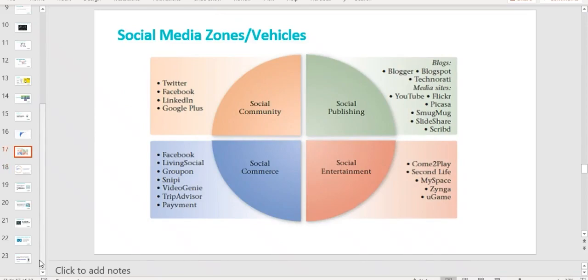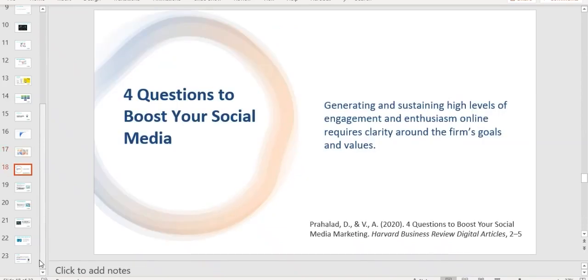We want to interact with consumers. We want to hear their voices. We want to understand their psyche. We want them to engage with our content. We want them to remember our content and so on. So on the next slide, I want you to think about 4 questions, okay? And maybe reflect upon what you are doing and whether you are doing it or not. Is how can you generate and sustain this high level of engagement and interest online for your consumers?